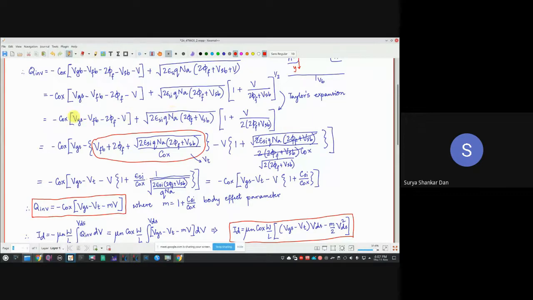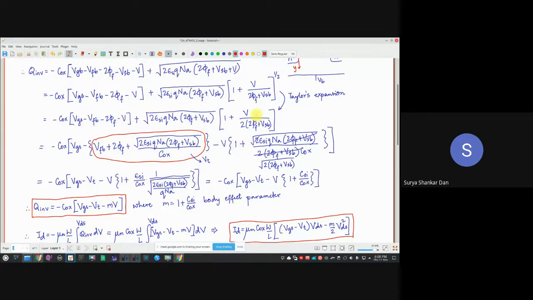Notice that this is anyway minus COX here. Now, the first term is multiplied by 1, right? So I'm going to divide it by minus COX, and this minus is essentially taken outside this second bracket. So this whole term becomes the VT, and the other term is minus capital V, thanks to this one, minus V.